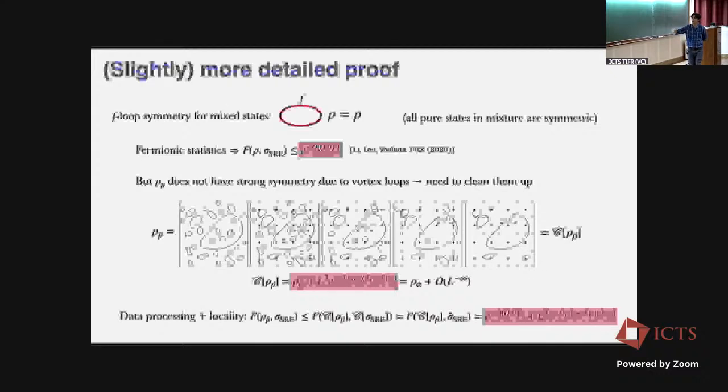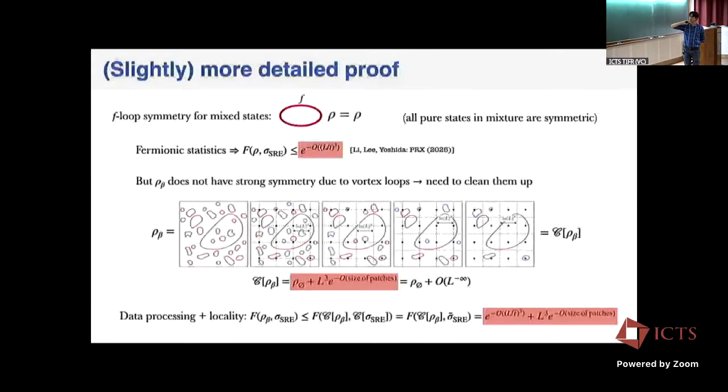In our argument, we have a bound on the critical temperature for this. We also know that there is an actual thermal phase transition in this model where this loop proliferation happens. Those are not the same temperature, they are pretty close, but that just has to do with the way we prove things. We believe that all the way to the actual physical critical temperature, this would work. And that's the same as in 3D: the critical temperature is the same as you had in the original 3D toric code.